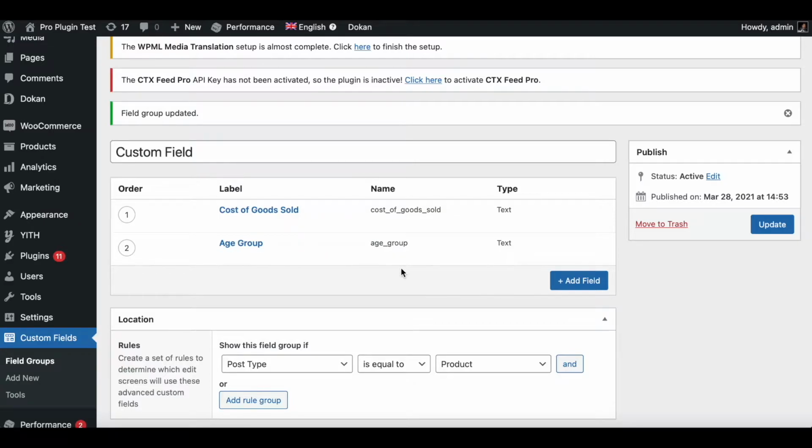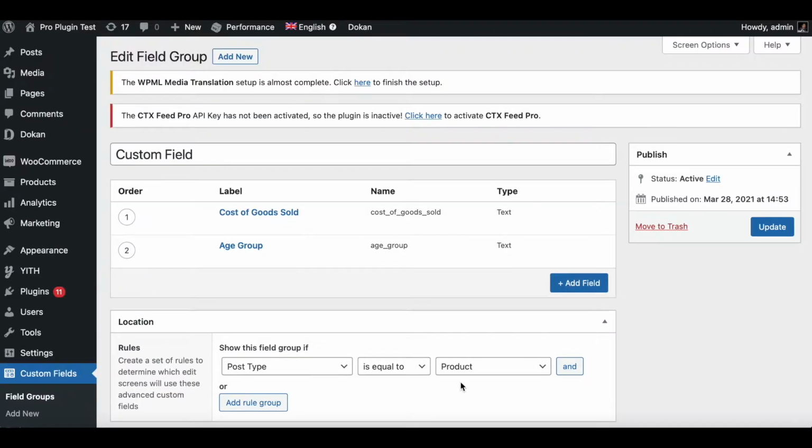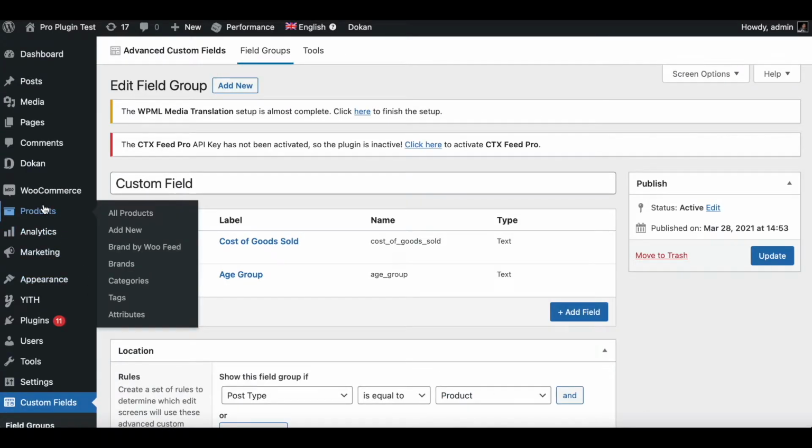So right now, let's go ahead and configure a few of our products with this new custom field that we have created. Another important thing that you need to keep an eye out for is the location. So as you can see under post type is equals to I've chosen product, which means I want this custom field to show up under my product page only. Here you can see you have other places you can have them show up as well. You can have them show under post, page, product, order, coupon. For now, I'll keep it as product. Now let's go into products and configure them.